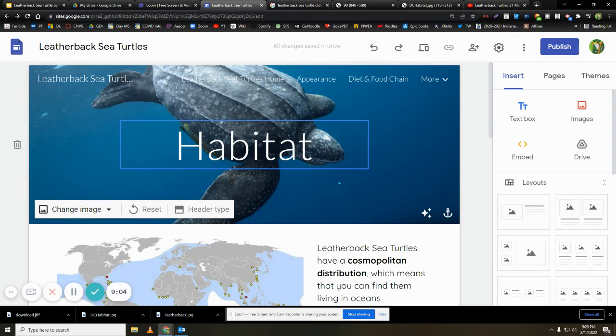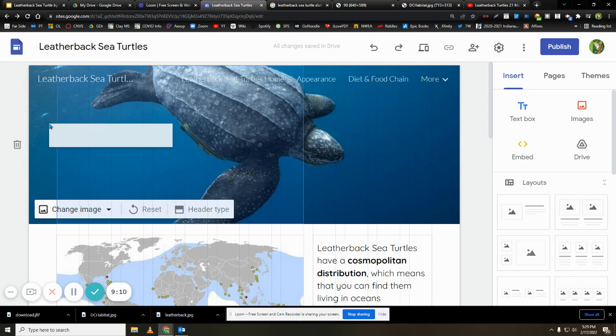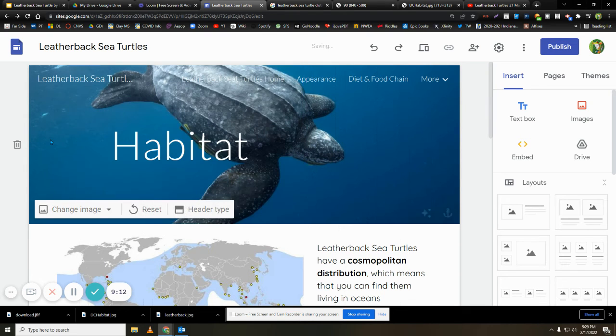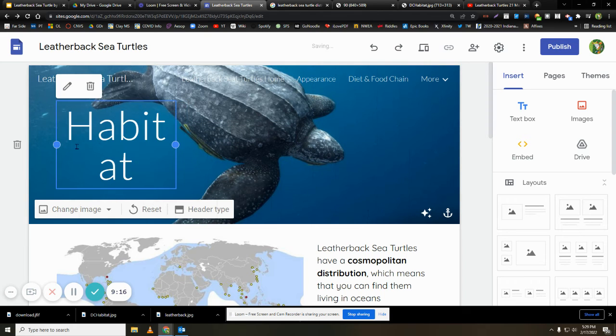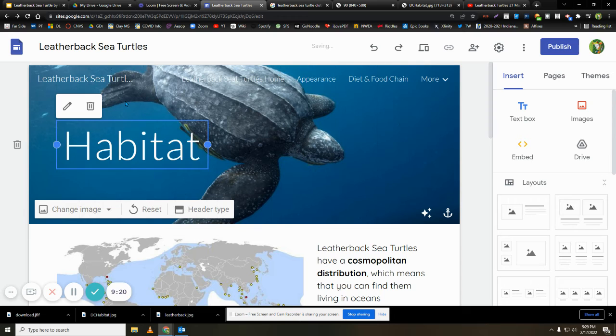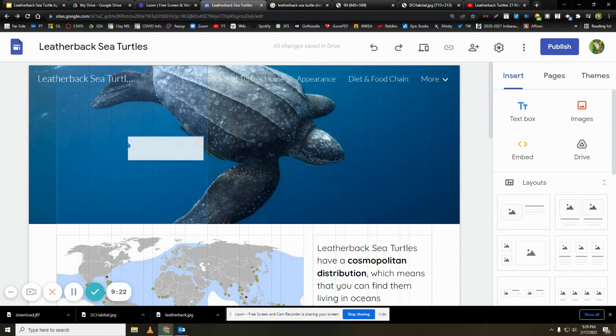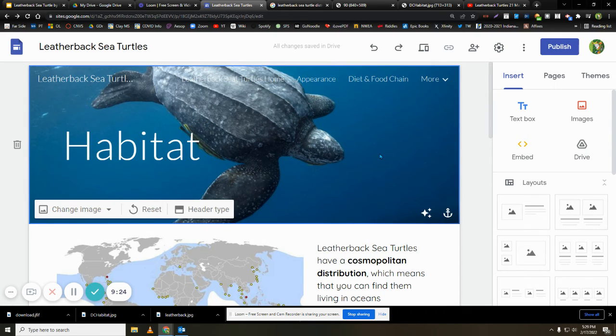Okay, I think I want to move this text box that has the title. I'm going to move it over so it's not on top of the turtle's head. And I can play around with the size of the box a little bit to adjust, so it's not overlapping. Here we go. All right, so the last thing I want to do with this page is